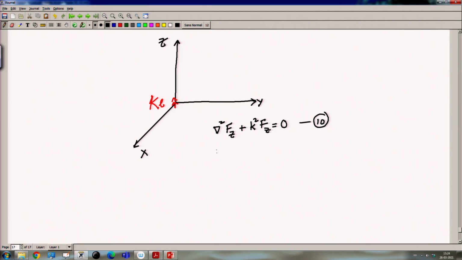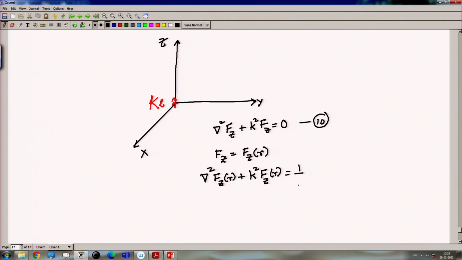So, let us express f z as a function of the radial coordinate, f z r, and therefore, equation 10 can be rewritten as, in the nomenclature of the spherical wave components, grad square f z r plus k square f z r